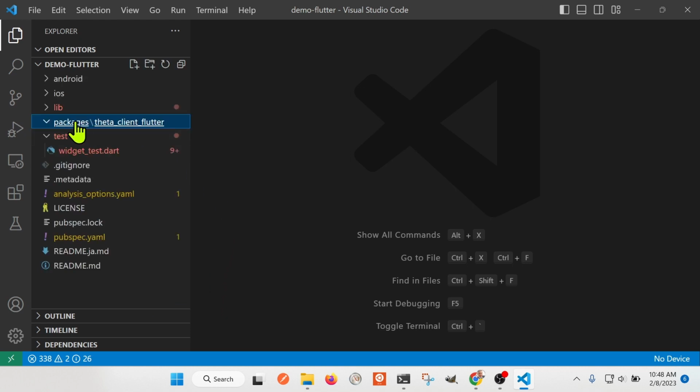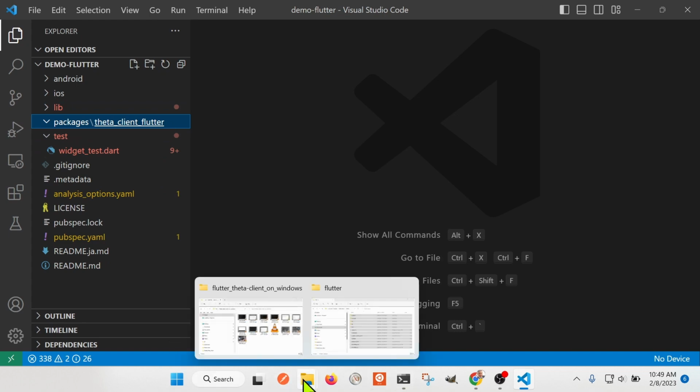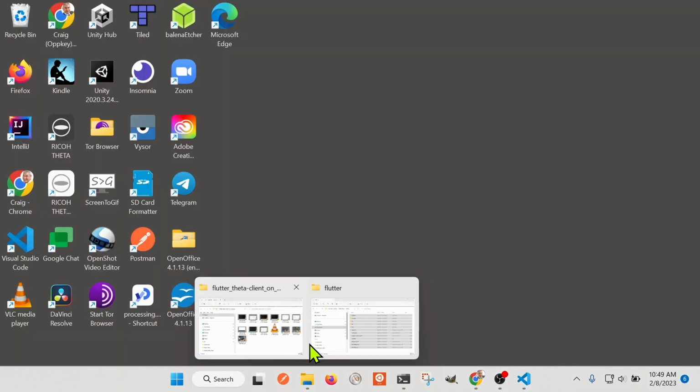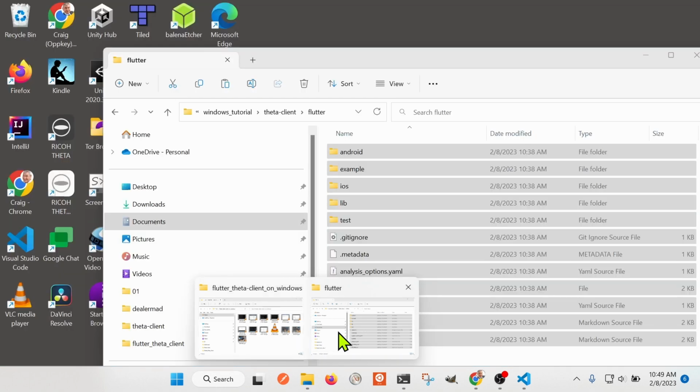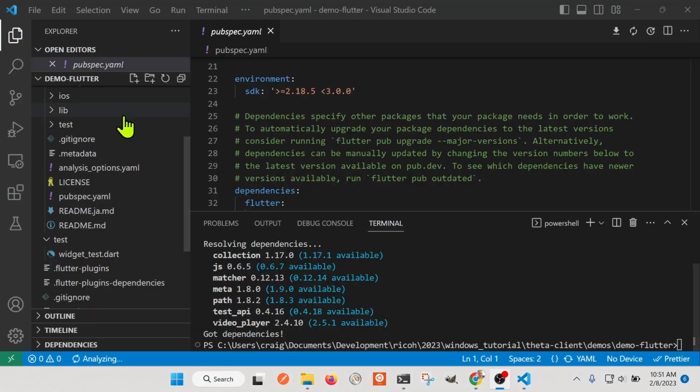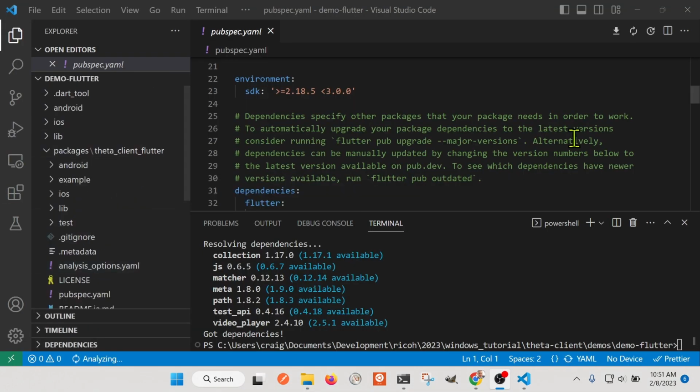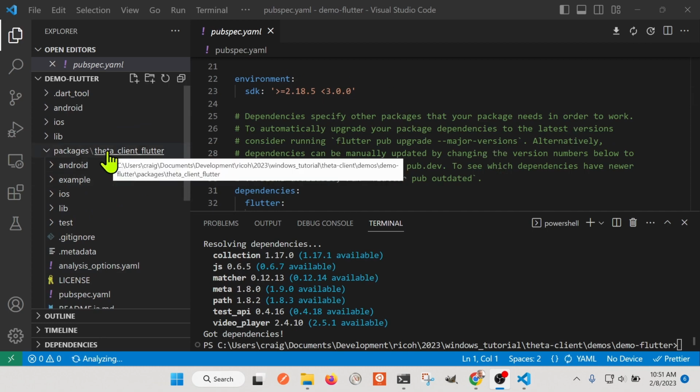Okay, so I have a folder under packages, theta_client_flutter, and then I will copy all this stuff over. Okay, so what I did is I copied the entire contents of the Flutter folder into this folder theta-client flutter,